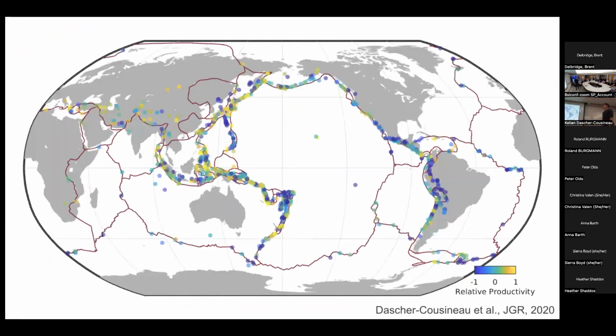This is probably my favorite figure from this project. Here I'm plotting the relative productivity of all main shocks above 6.5. In blue are less productive, and yellow are more productive. Already, when I see this map, a lot of really cool patterns jump out at me. In our neck of the woods on the San Andreas Fault, we have this contiguous area of pretty productive sequences. Immediately as we jump offshore, both to the north and the south, we have this marked drop in aftershock productivity.